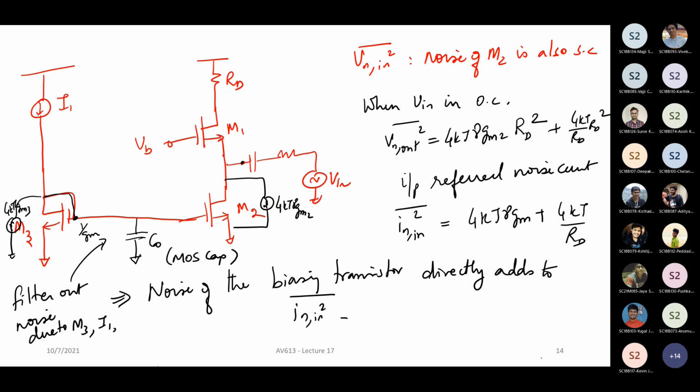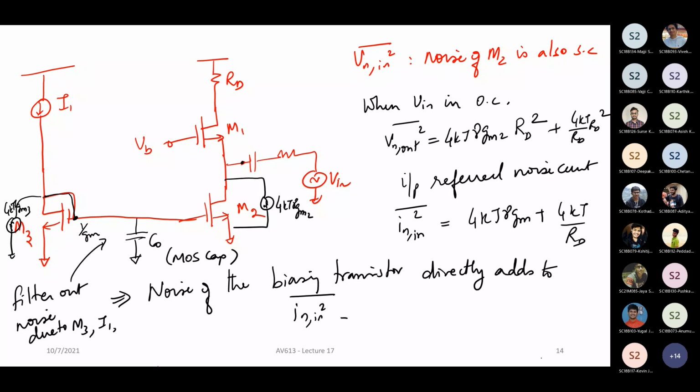It differs from application to application, and it also depends on the noise performance that is actually required. In Cadence, when you design, you can look at the noise contributors and see which transistor is contributing how much noise. If you feel that the current biasing part is contributing a lot of noise, you go and add capacitance there till you bring the noise under control.